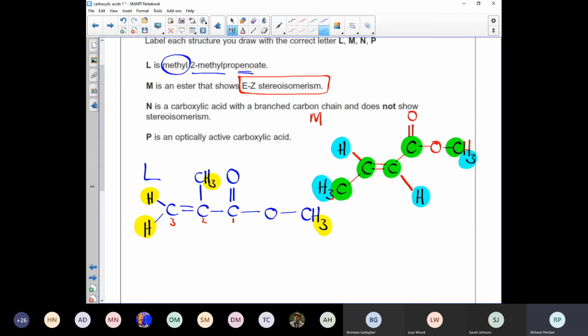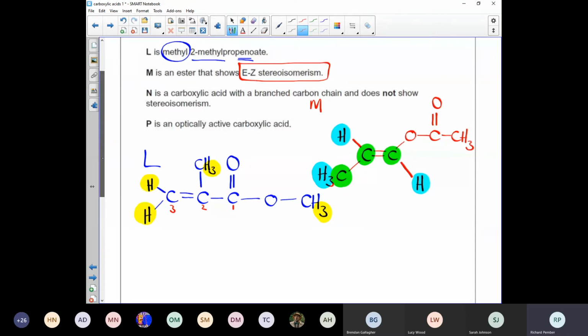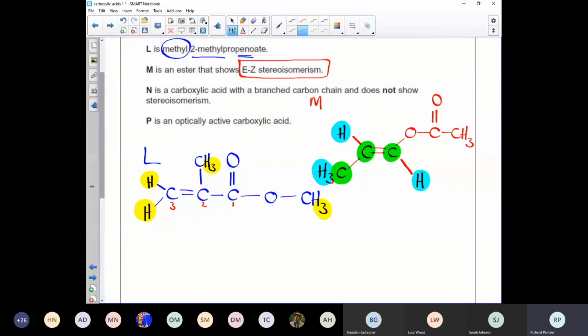There will be several other answers for that as well. So, for example, where I came to here, I could have drawn my ester going the other way around. So I might have chosen to do that, and so just reverse my ester. That would have been absolutely fine as well. And I'm sure that there'll be a few other answers for that as well. So next,